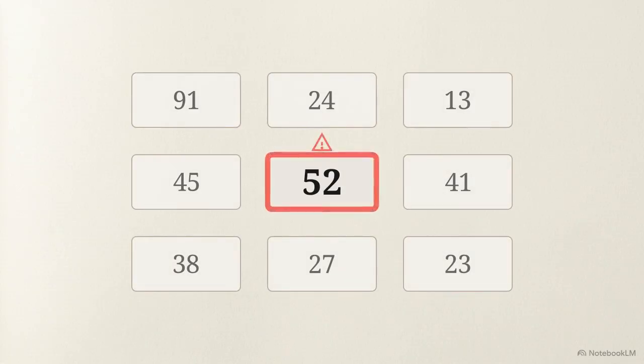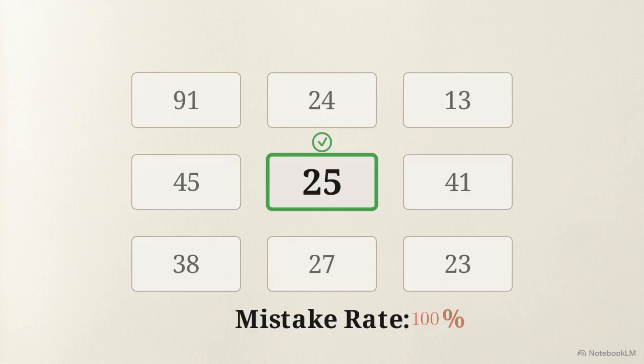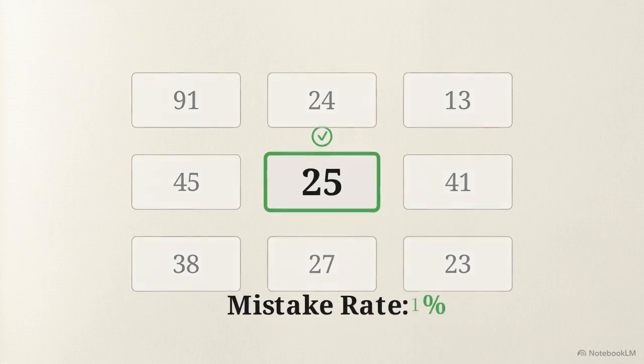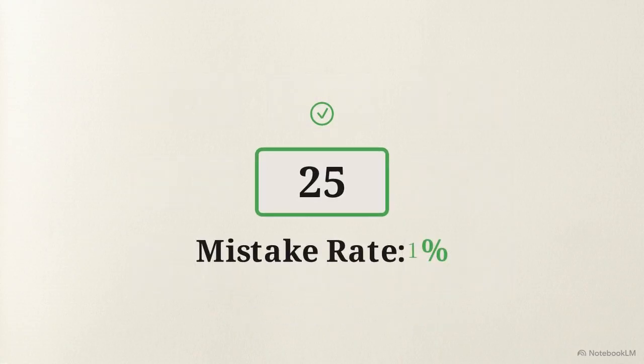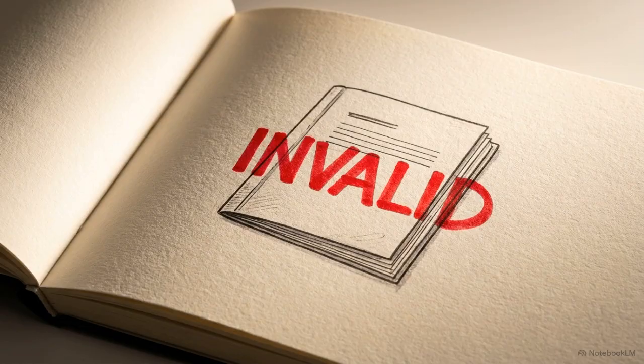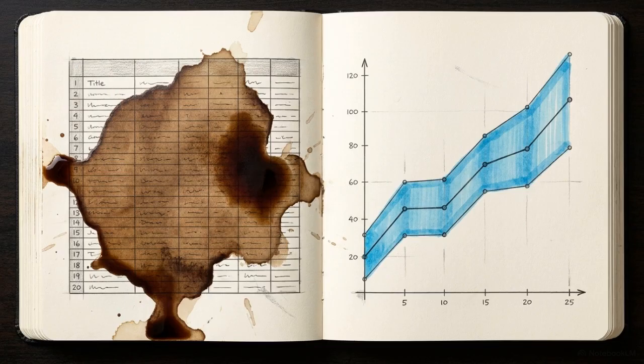Because of this, we arrive at the cardinal rule. Unlike errors, mistakes can be completely eliminated. Proper training, diligent supervision, and cross-checking can drive the mistake rate to absolute zero. Because they are entirely preventable, the presence of mistakes in a final dataset invalidates the investigator's professionalism, not the underlying statistical methodology. Preventable mistakes stand in sharp contrast to the precise technical definition of a statistical error.